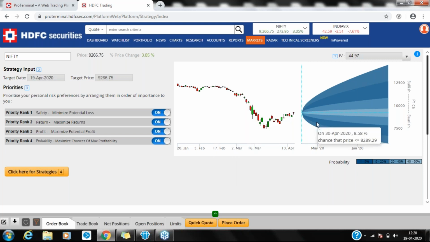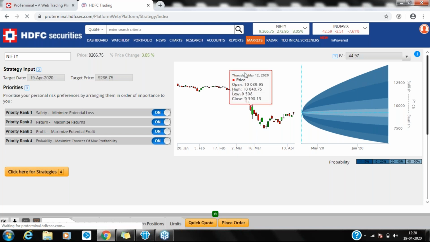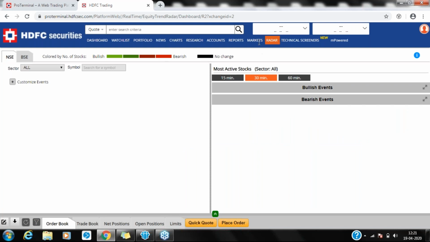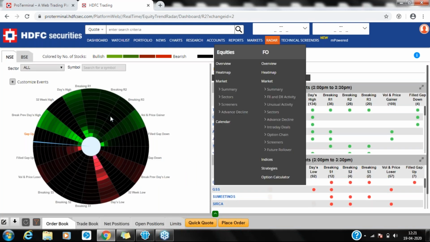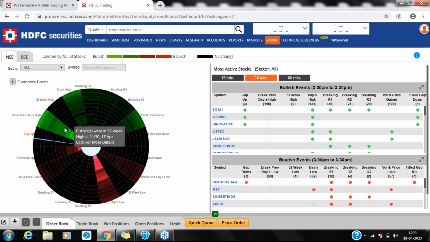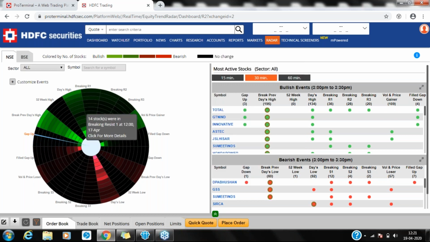Mr. Ashish Kumar has a question. Can we use the radar option? The radar option is there on the right hand side of our market. Ashish, we have done a few webinars on that. You can cross check it and see all the features of radar. It's a very important feature of radar and very useful, mostly for intraday. Again, we can't cover all this in one webinar, but we have already done a webinar on this part. This is also very important and very interesting. So please go to our previous webinar and check it.